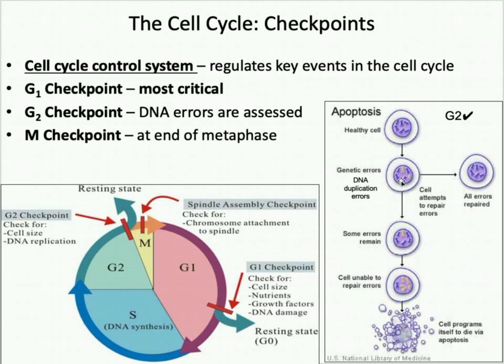So the cell will attempt to repair the errors, and if it's able to repair those DNA errors, great, then it'll go into the mitotic phase, mitosis and cytokinesis, and complete cellular division. That's great. But if the cell is not able to correct those DNA errors, then what happens is